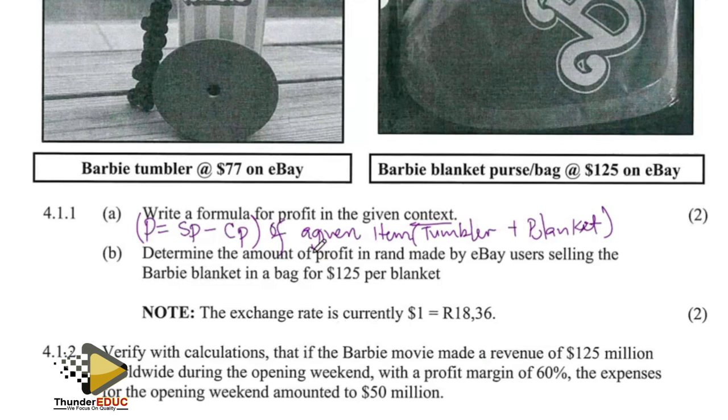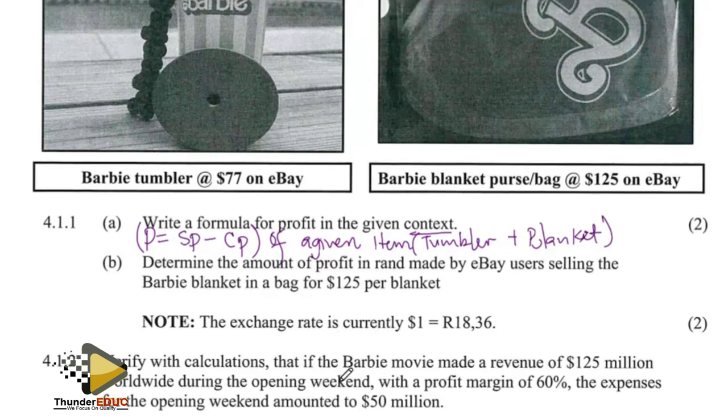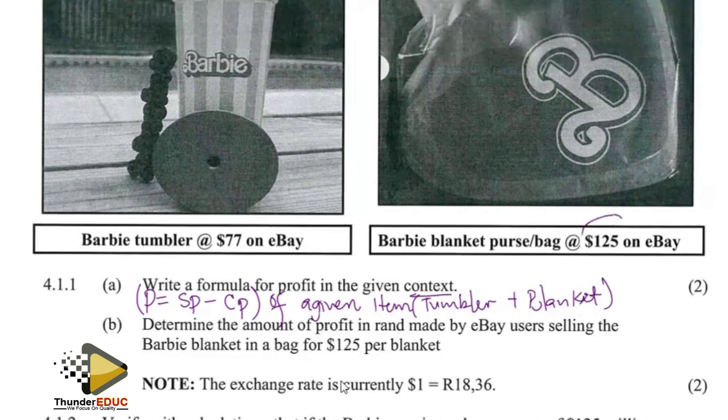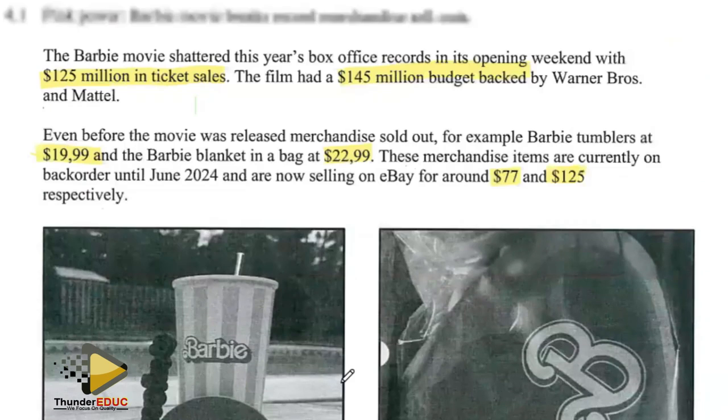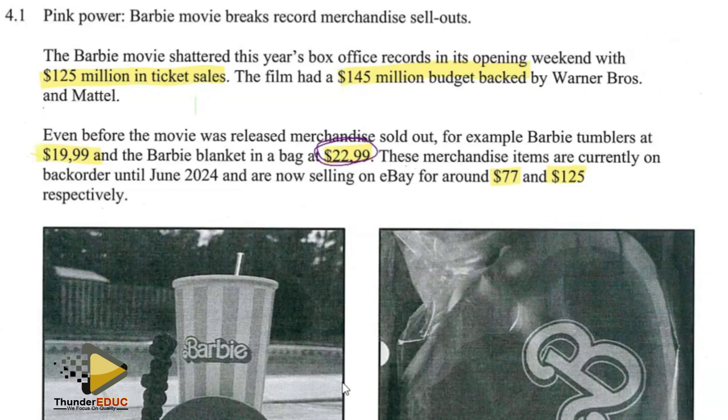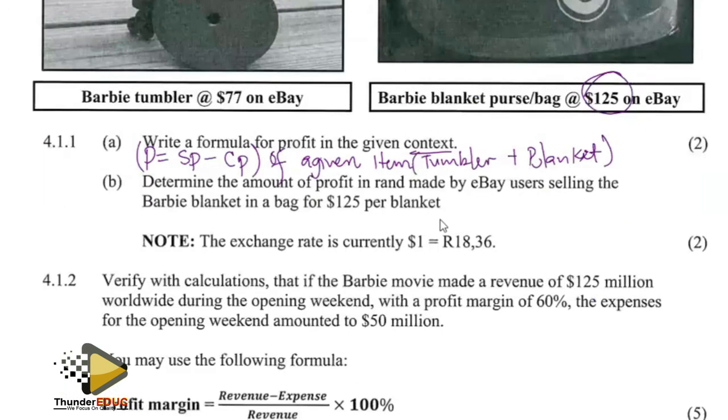So we go, determine the amount of profit in rands made by an eBay user selling the Barbie blanket. So now here we go. At the moment, take note, it's selling at how much? 125. Yet here initially it was at what? So how much profit is being made? So we shall say 125 minus $22.99. So you get your answer there. So here the profit is